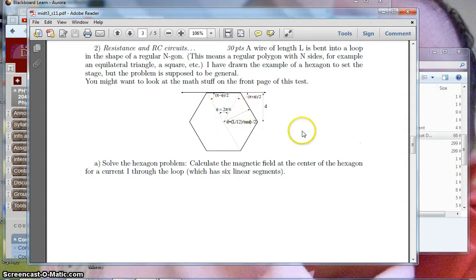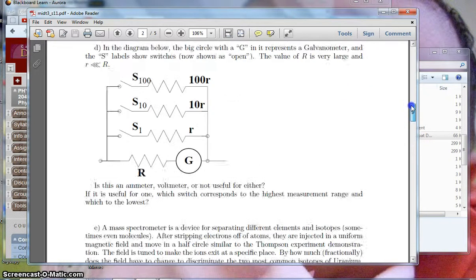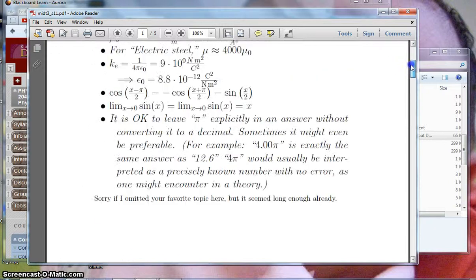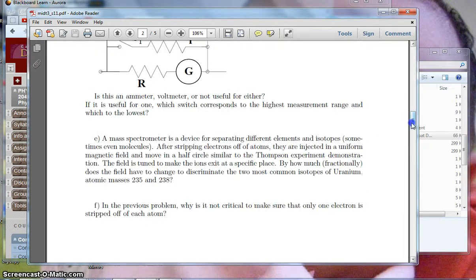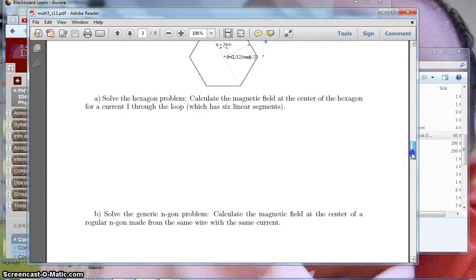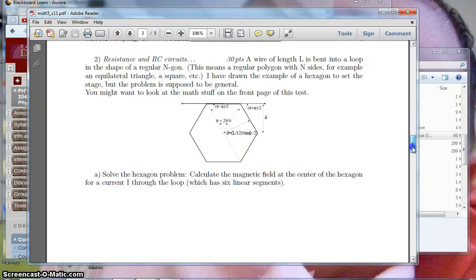You can see a lot of angles are labeled, and you can find that on the front page of the test. I gave some trig stuff that one might need for that, which actually did turn out to be useful. And I think if you can solve that problem, you can probably solve anything I'll throw at you for the